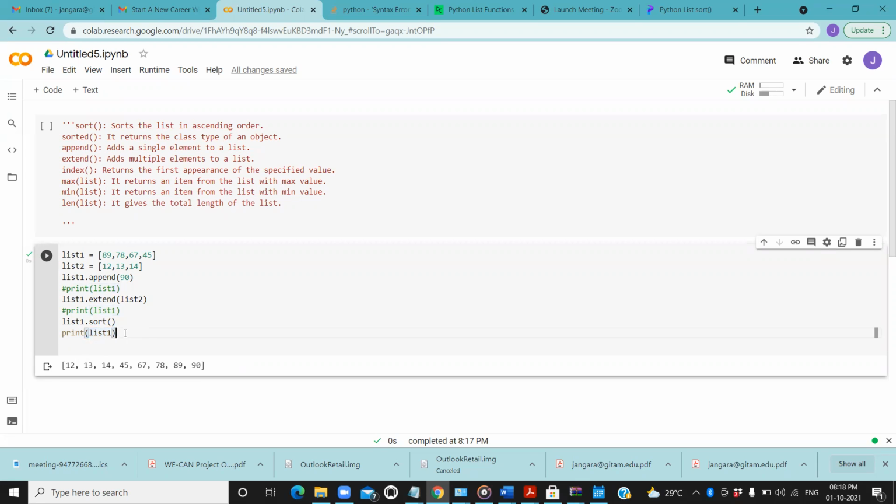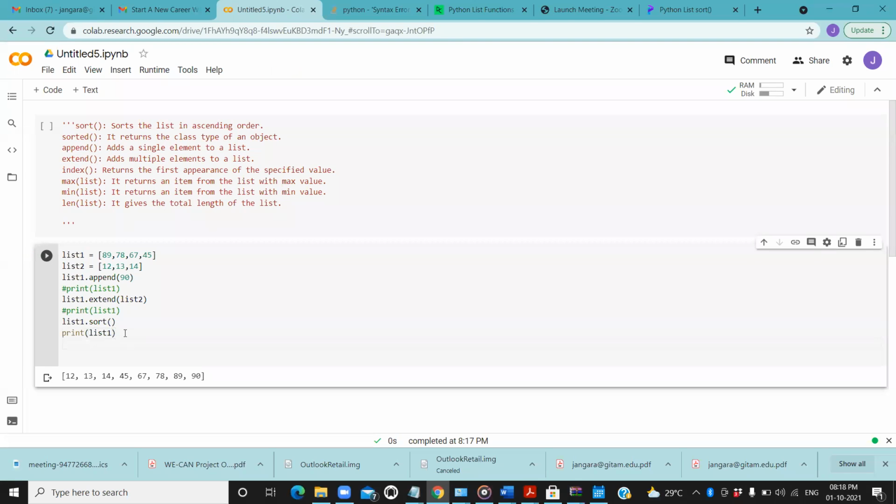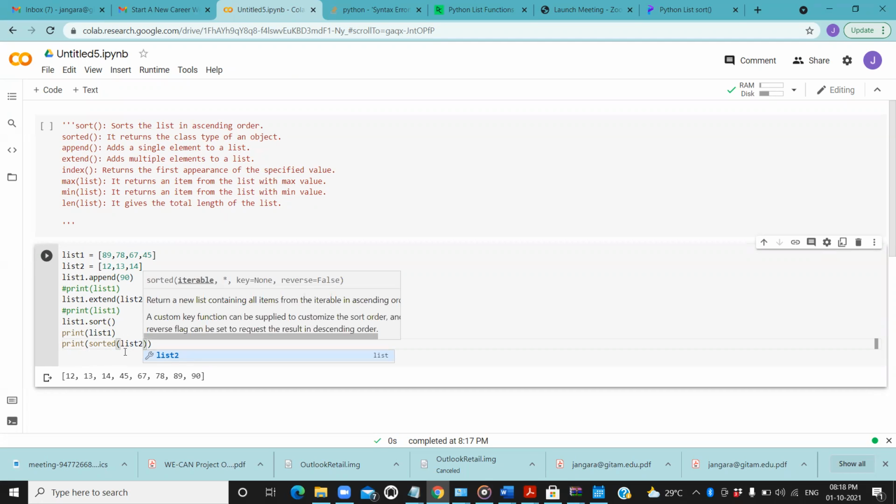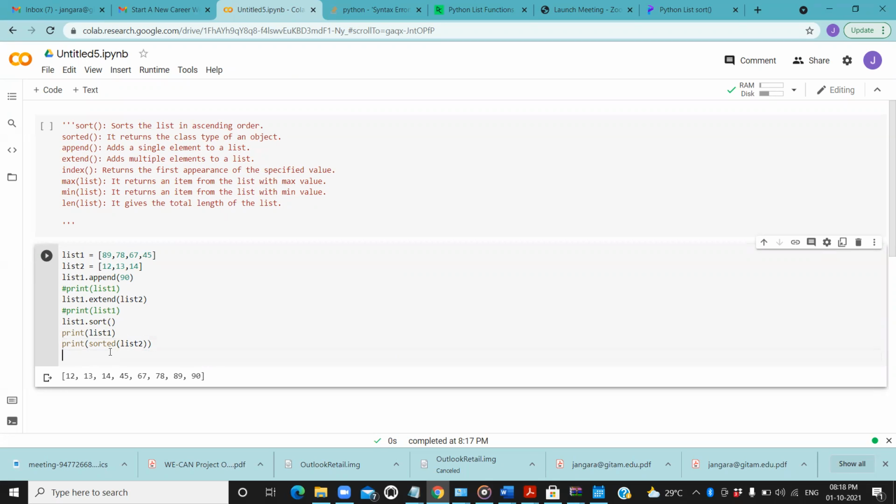However, if you try to use the sorted function, let us try to apply the sorted function on list2 instead of list1. Print sorted within the brackets list2. I am giving list2 as input to the method known as sorted.